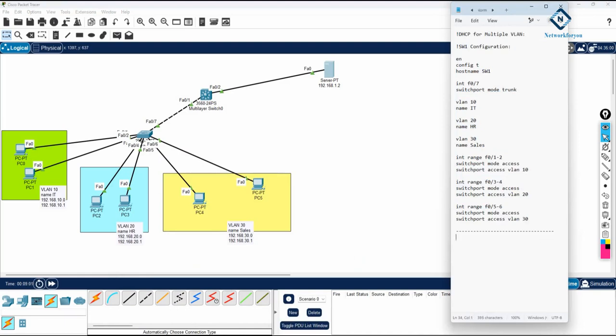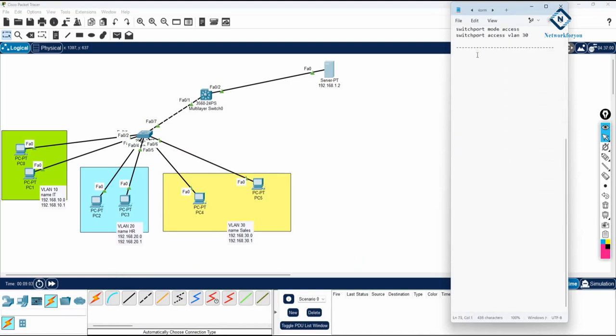So in layer 3, what we will do, I can write here layer 3 switch configuration: enable, config t, hostname SW2, let me give this one. And here I will write interface range F0/1-2. You need to make this one a trunk and also this one also a trunk, because here you have